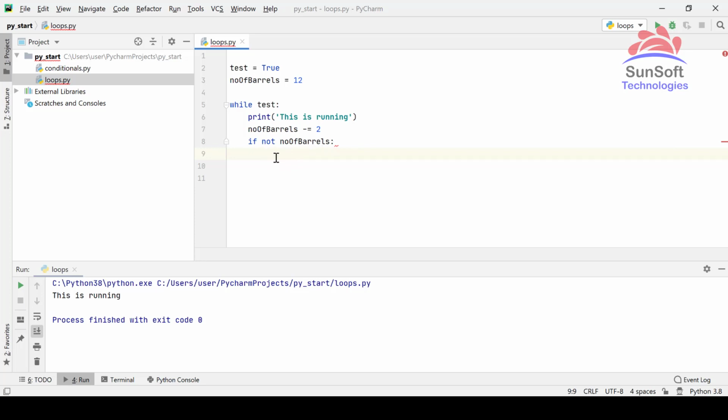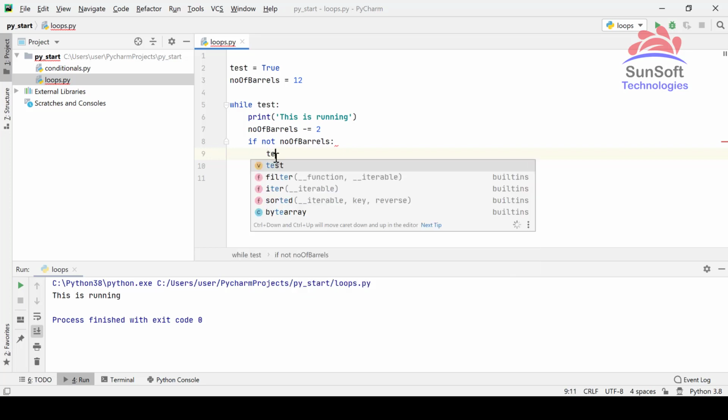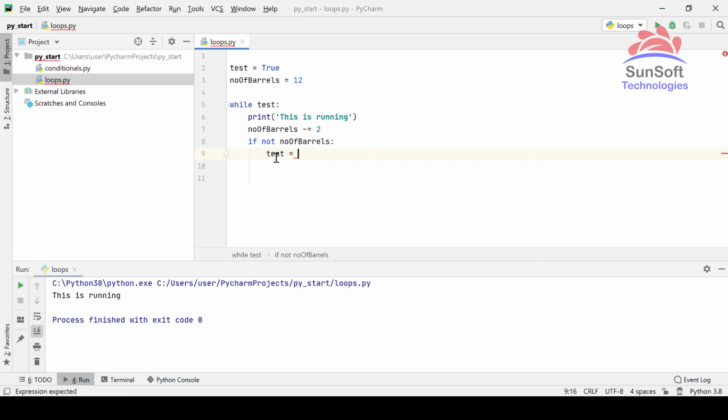So if not number of barrels, so if it is not truthy, which will be only if it is 0, then this will return true, and if it returns true, then I want to set test to false, and as soon as it is false, it will come out of the loop. So now let's run this.